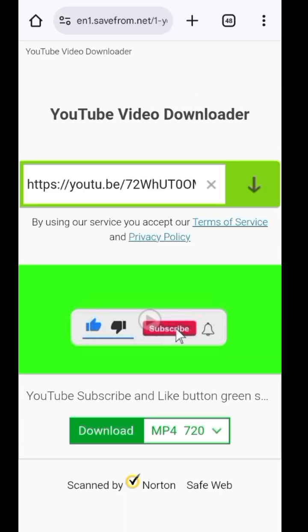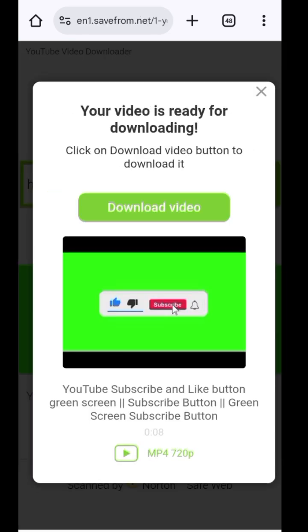Then wait, it will open another website, that is adverts. You go back, then it's not opening. You tap on download again, and then you have to wait for it to load. Maybe it opens an advert. You go back, it will open. Then you tap on download again. It will take you to the converter,